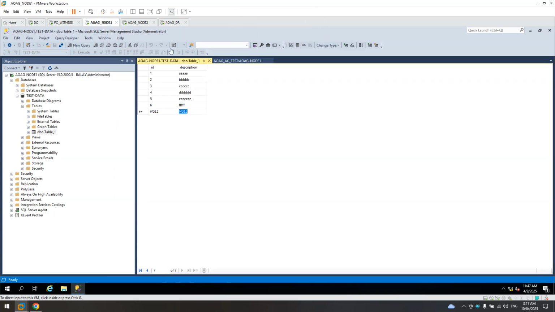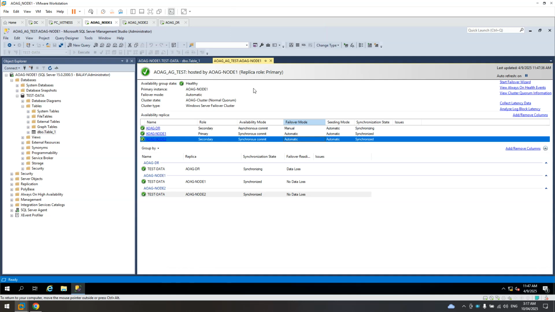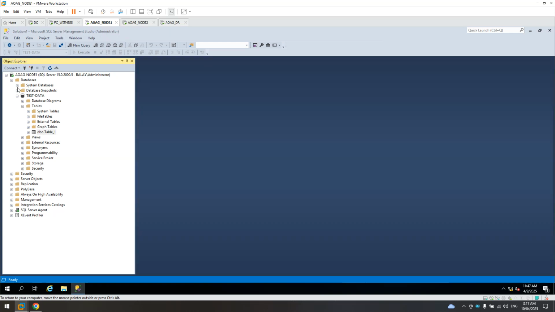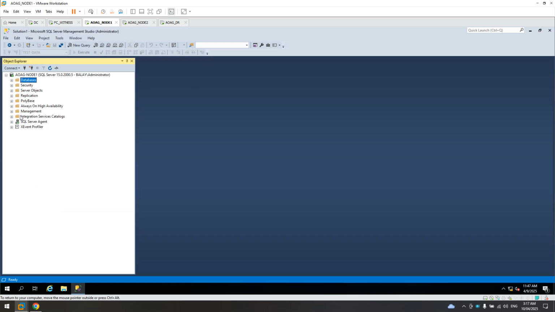So let's do some failover from node 1 to node 2. To be able to fail over, under availability, right click on the availability group. We can do failover here because currently this is the primary.